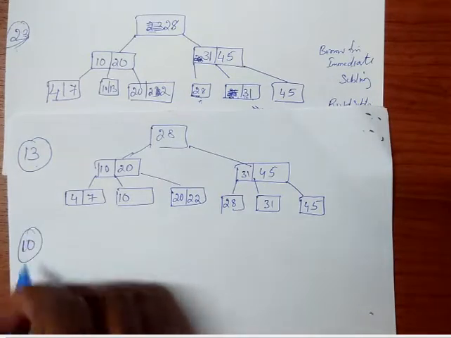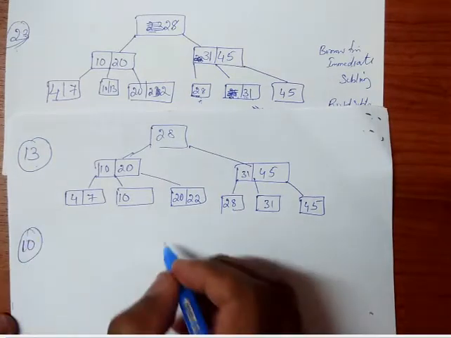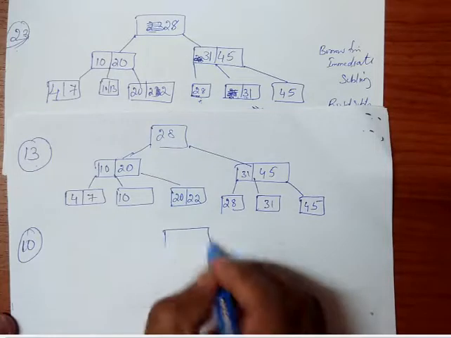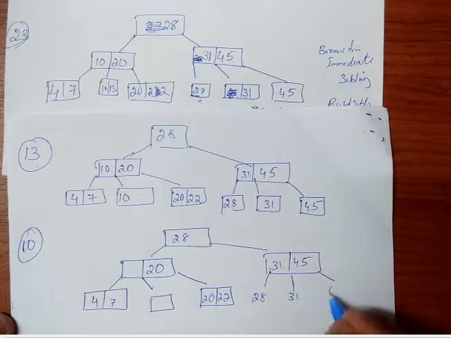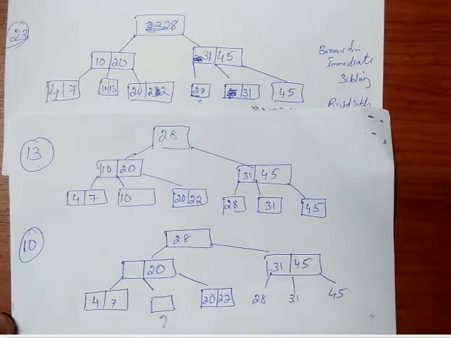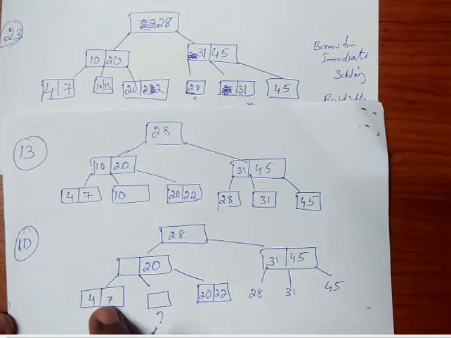So next we can remove 10. What is the possible way we can remove 10? On removing 10, we know that the particular node becomes empty. So we have to borrow from the right or left immediate sibling. Here the particular position is free, and also we know that 10 is present in the parent or the index levels. So we have to remove 10 also from that index level.